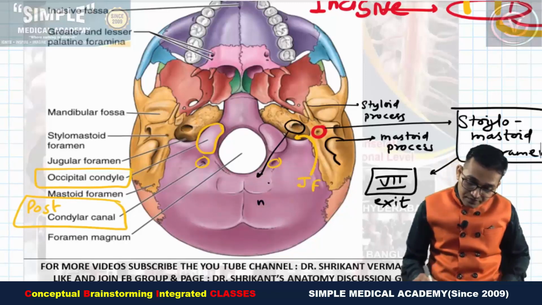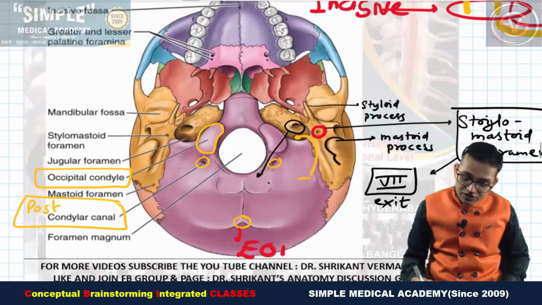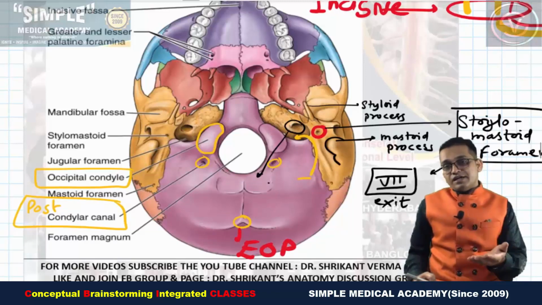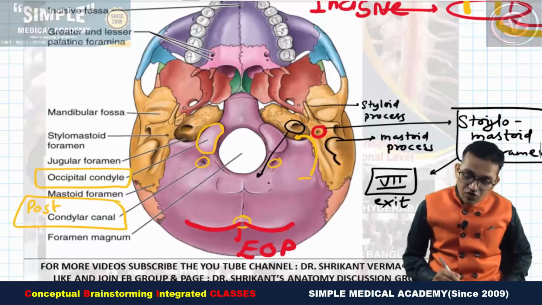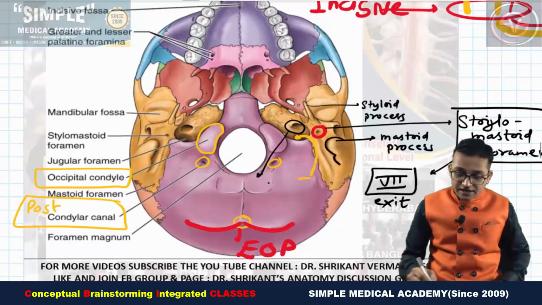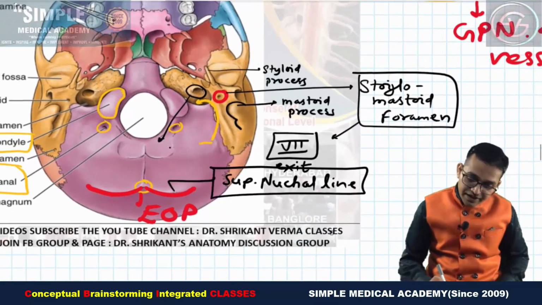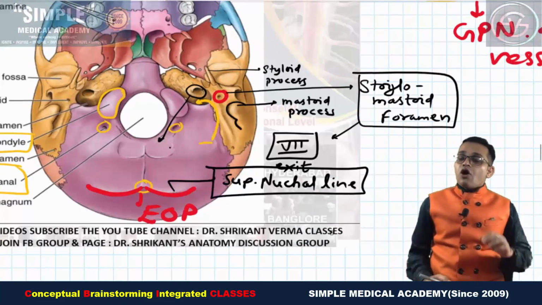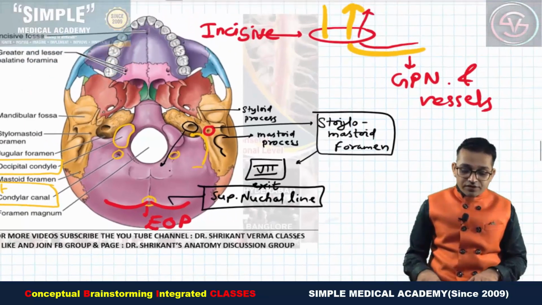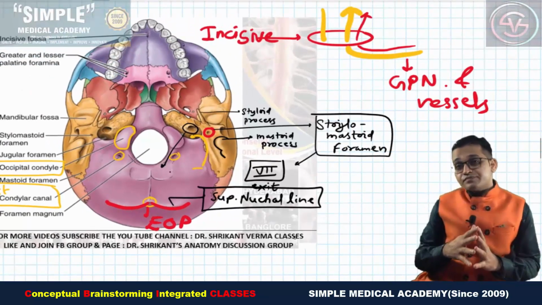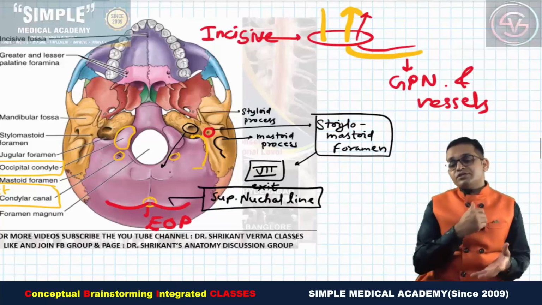Now see here, there is one bony elevation. This bony elevation is known as the external occipital protuberance, which we will discuss later in origin of the trapezius, and the line which is extending from this external occipital protuberance on the lateral side, that is known as the superior nuchal line. Yes, the medial 1/3 part of this superior nuchal line also gives origin to the trapezius. We will discuss in the upper limb part. So these are the important bony landmarks for our first year viva as well as for our various MCQ entrance exams.